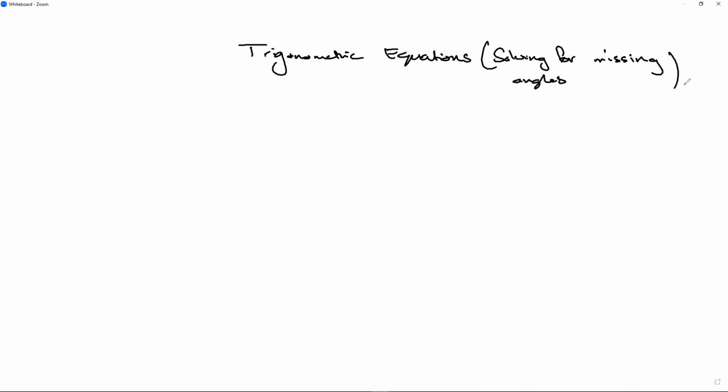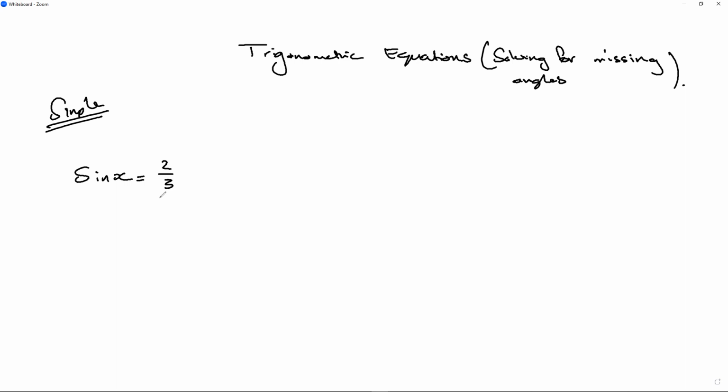Right, so trigonometric equations. This is when you're actually solving for missing angles. Let's look at a simple scenario where I've got sine of x equals